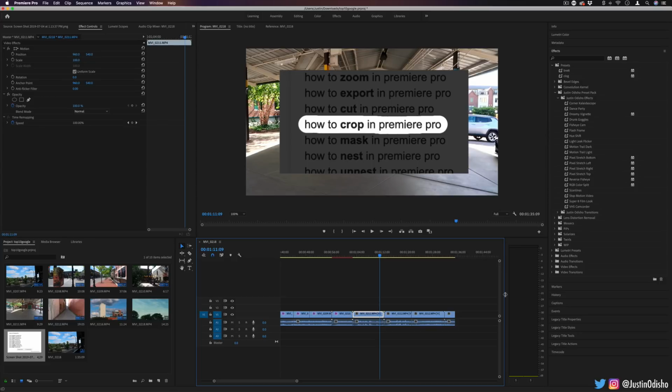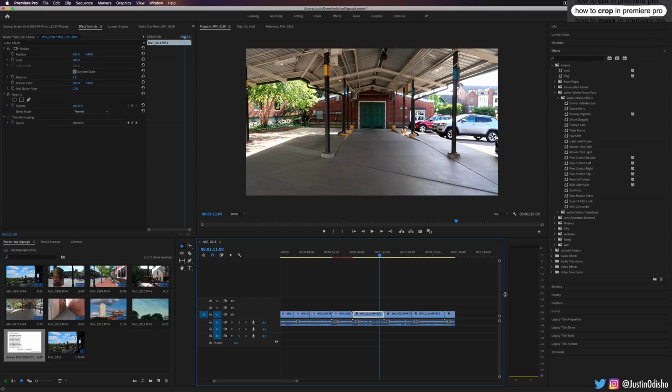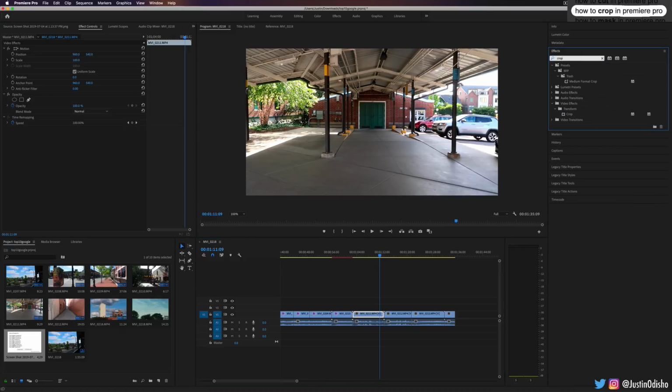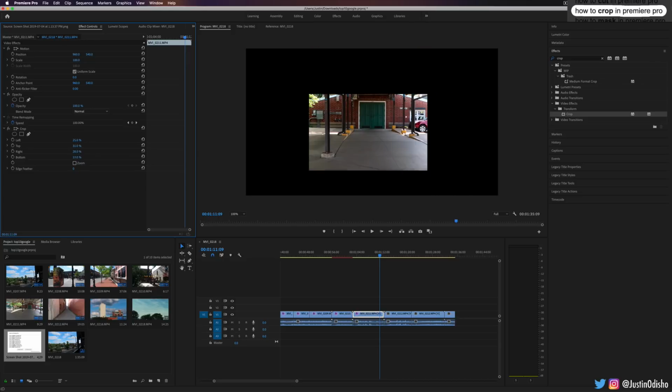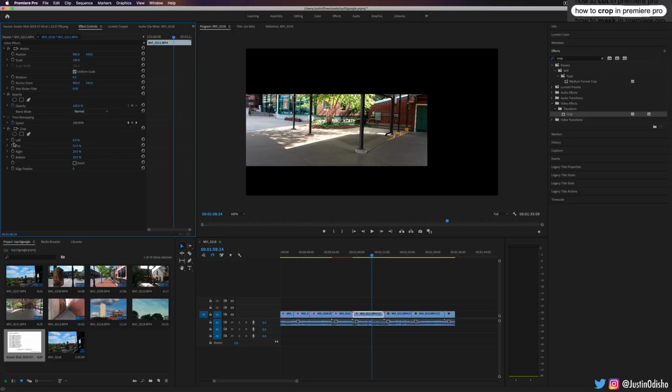The next search question we have is how to crop in Premiere Pro, and there's a lot of different ways you can crop, but the effects tool does have a crop effect under the transform folder, and you can click and drag that onto whatever clip, text, or object is in your video frame, and you can crop things left, top, right, whatever you want. On top of that, every single one of these does come with the animation options with the keyframes